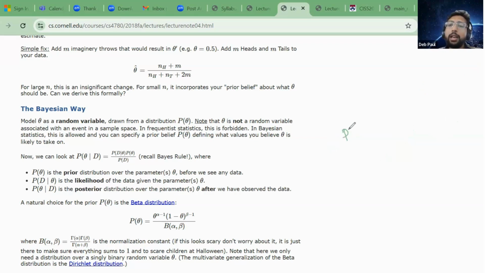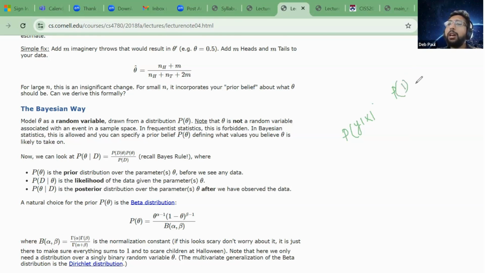So what I'll say is that I have some initial distribution of p of y given x, and this is basically what I want to estimate from my theta. Then I will say, okay, what is the likelihood here? How can I generate a spam email from my distribution? And then I'm saying that okay, I have both of them.